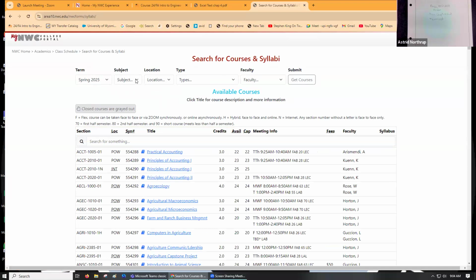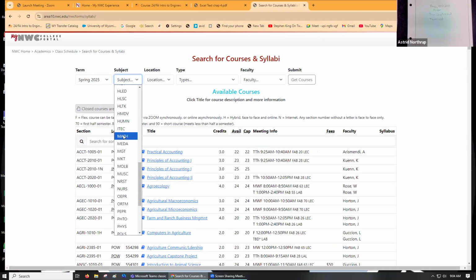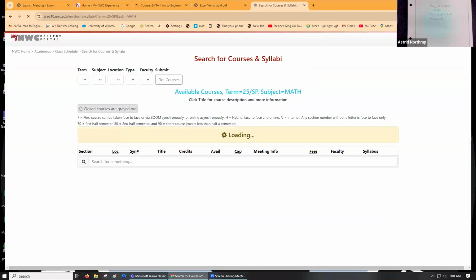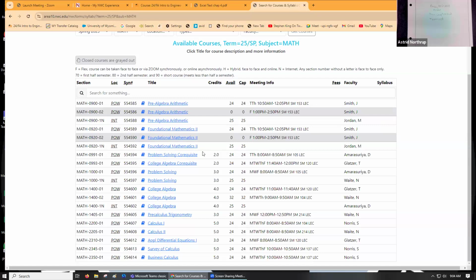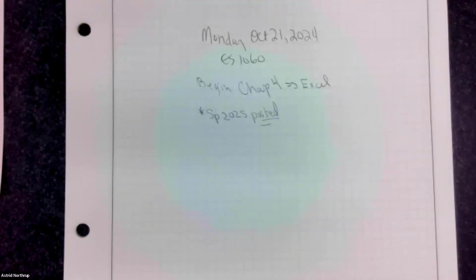So for example, if you wanted to consider which math course you're going to take, you could just choose math as a subject and look at the math courses that are available. And you can see that we're offering Calc 1, Calc 2, and differential equations. So Calc 3 is not offered this semester. However, it may be offered through another Wyoming community college. And the best way to find out if that is the case